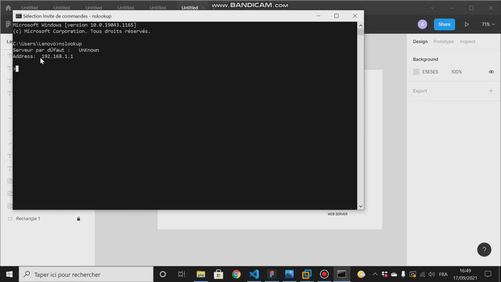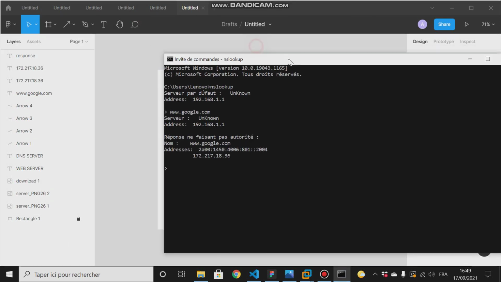So once I send a request, for example, www.google.com, right? It will go to my default gateway, and there is the DNS of Google,